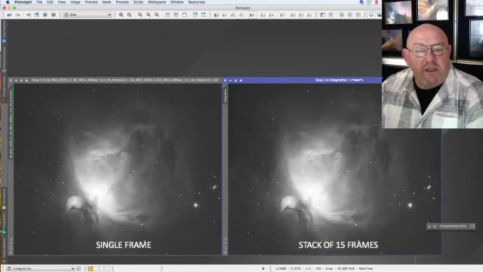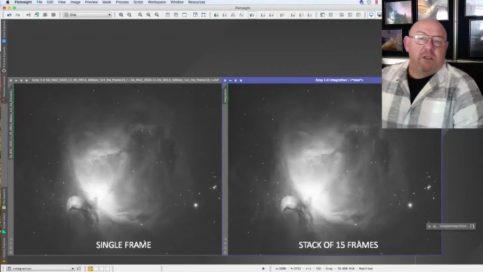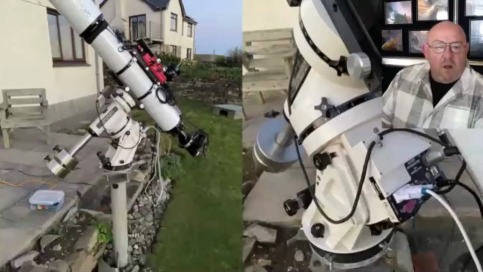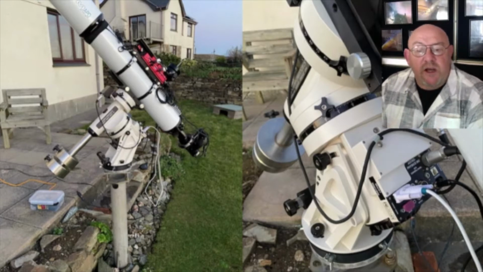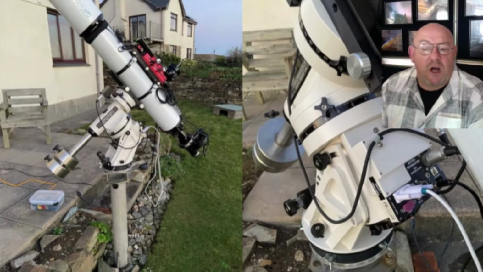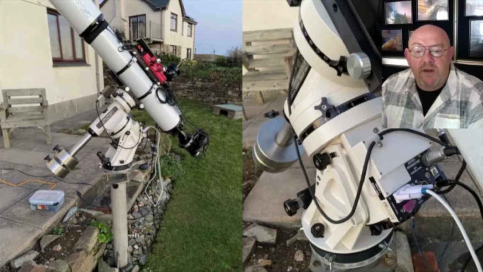So let's take a brief minute to work out what's needed to take long exposure images of the night sky. Firstly, and most important, is a telescope or camera mount. I say that's more important than the camera and the telescope itself, because it really is the thing that makes everything work. The Earth rotates, creating days and nights, and the skies, because of that rotation, move in a large arc from east across the south to west. It was a problem to track against this movement until the German equatorial mount was developed. The equatorial mount compensates for the Earth's rotation by having a rotational axis parallel to the Earth's axis of rotation.